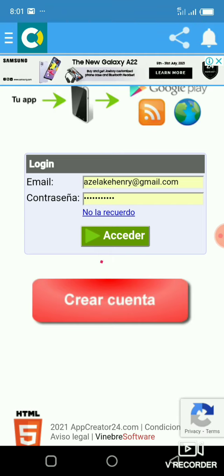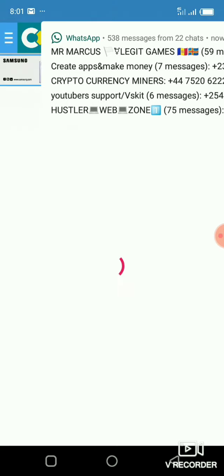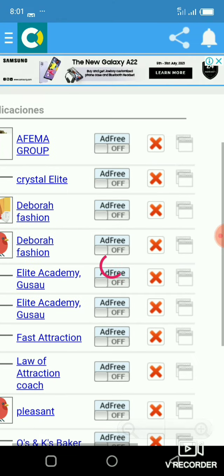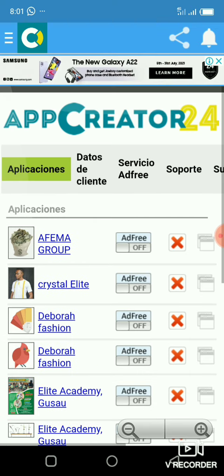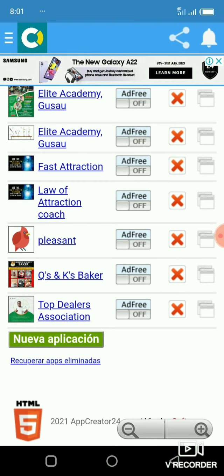Now I'm logging in with this green button here. Then now I want to create a mobile app. Since you have not done it, you can see this new application. Here you have to create a new app. Immediately you log in as a new user, you have not been using the account before, you see where to create an application.